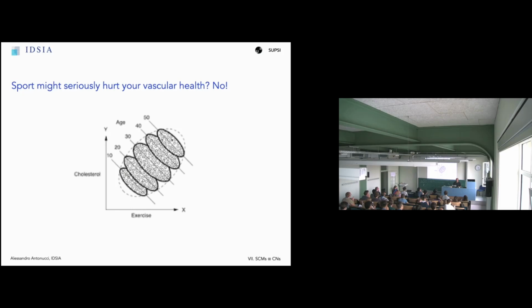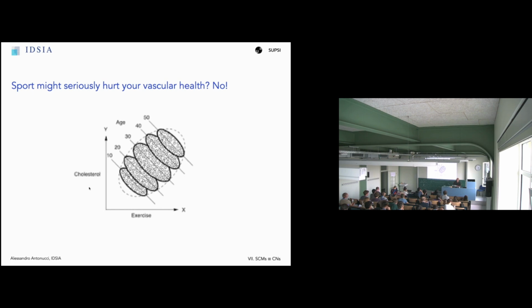As people get older, they start to be concerned about cholesterol, about the end of life coming soon. So they start to do a lot of sport. Not sure it's really true. But you see, in this way you can explain what is probably the real pattern. So the more exercise you do, the less cholesterol. And the idea is that